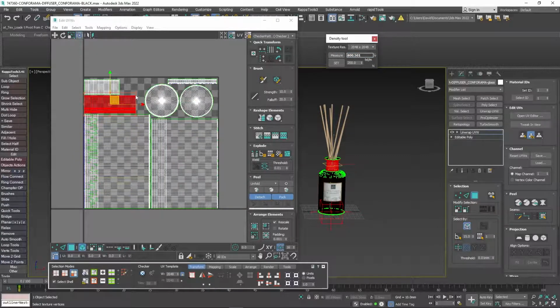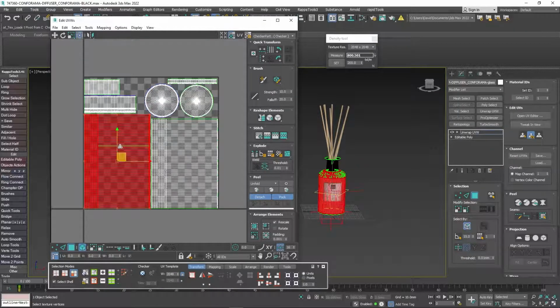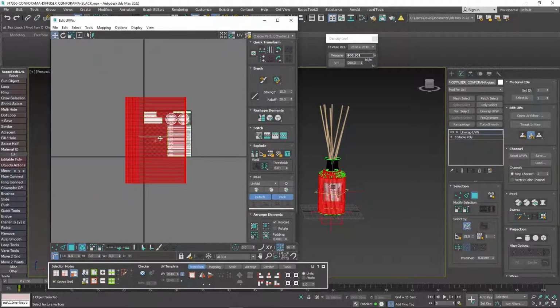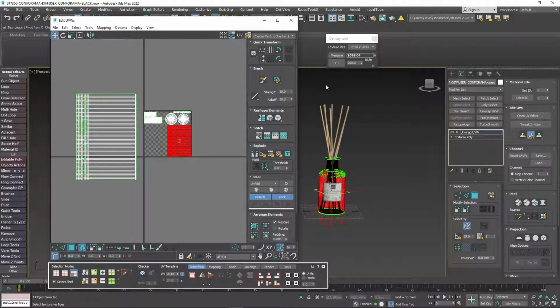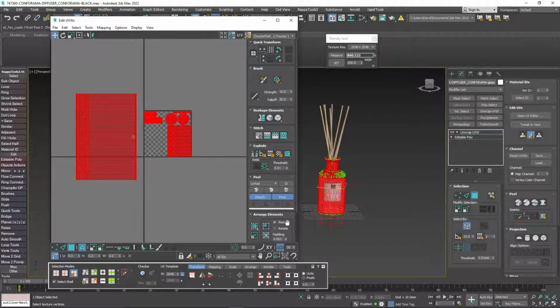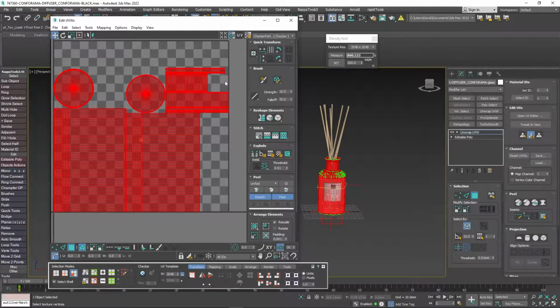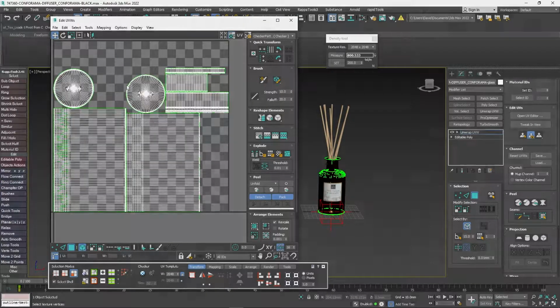But if I scale, for example, here, you can see now it has about 2000 density, and this one has 800 density, so it's not acceptable. You should pick all of them and be sure about this rescale checked on and click on this button. You can see it averages your density and packs it.